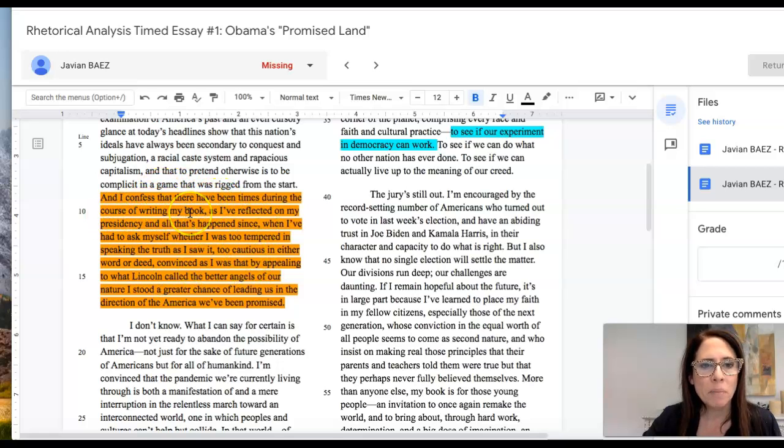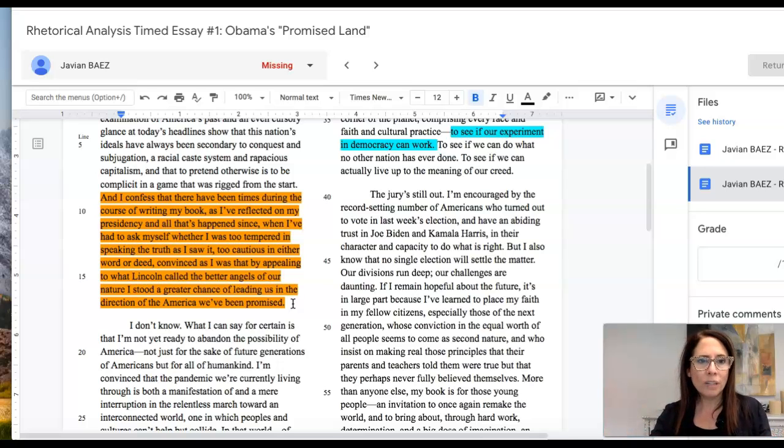And what I love about it is that I've noticed here, "over the course of writing my book." So I think, okay, how does it relate to meaning? Well, course is like a journey, this path. And so he is already setting up that something is going to be long, right? And then we get into this sentence, and at the last part, he references Lincoln, and he said I stood a greater chance of leading us in the direction of the America we've been promised. I'm like, oh, that's perfect analysis for asyndeton, because he's actually talking about leading right down this path,